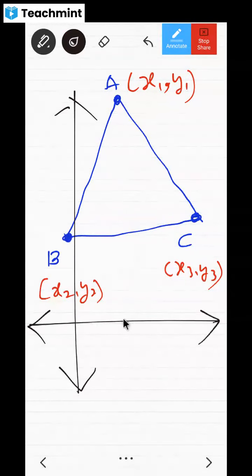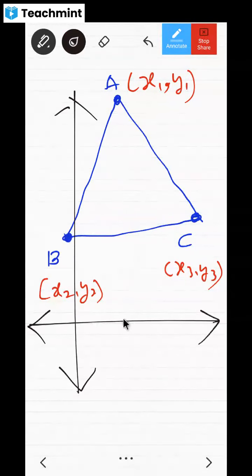A triangle is formed by vertices with coordinates (1, 2), (3, 4), and (0, 3). Find the area of the triangle formed. First of all, will you draw one triangle like this, dear children? Then you are going to name the vertices as ABC or PQR or XYZ, whichever you want, ABC. Then you are going to write the coordinates. The first coordinate is (1, 2).